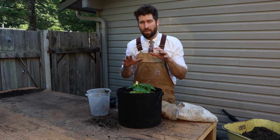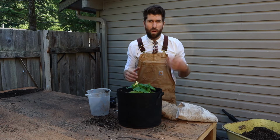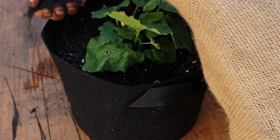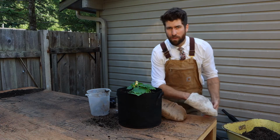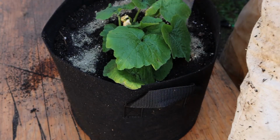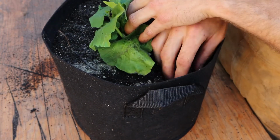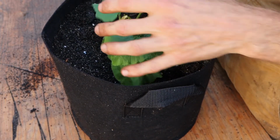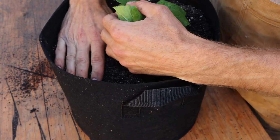So now that we have moved the baby in here and it's been backfilled with our soil mix, we're going to do 1 more handful of worm castings and 1 tablespoon of the superfood. So we go ahead and we grab our first handful of worm castings and we're just going to sprinkle that all around, and then 1 tablespoon of our superfood. Okay, here we go. All right, and then you're just going to gently massage that into the soil. This ensures that the plant has the microbes plus the nutrients down at the root system where we mix that initial bit in, as well as some up above here